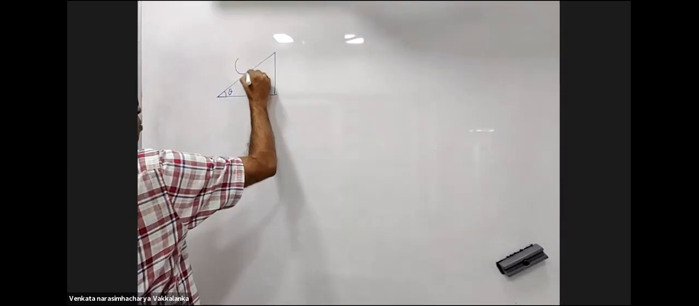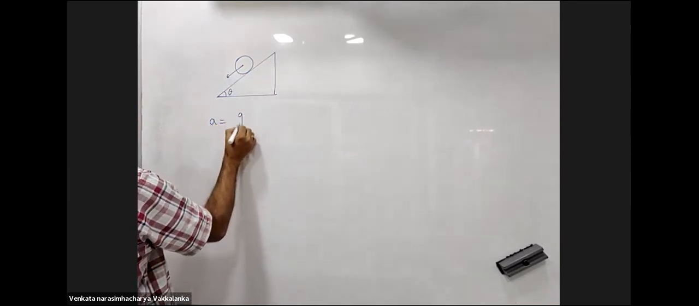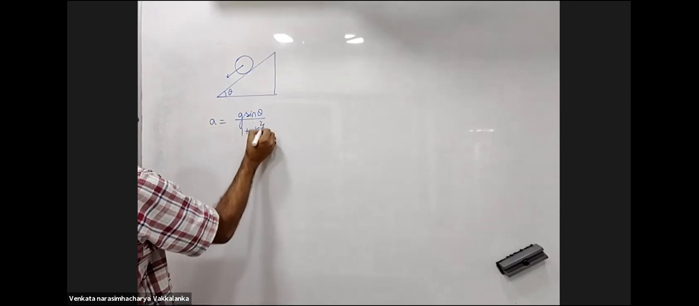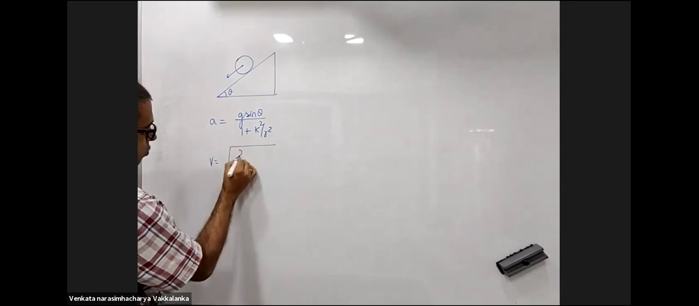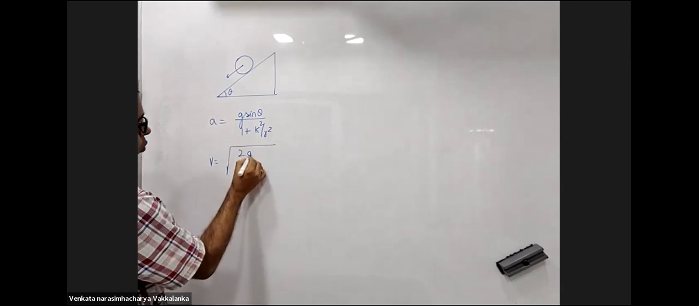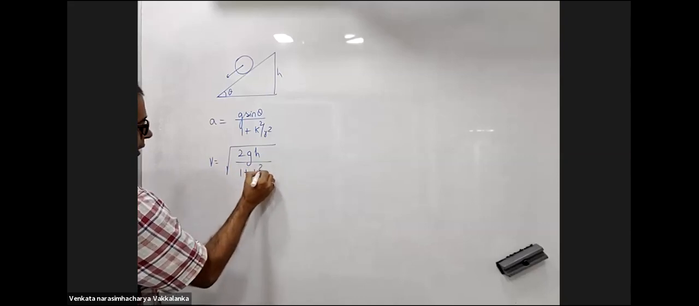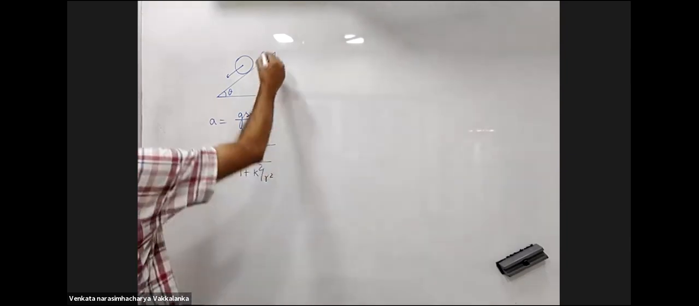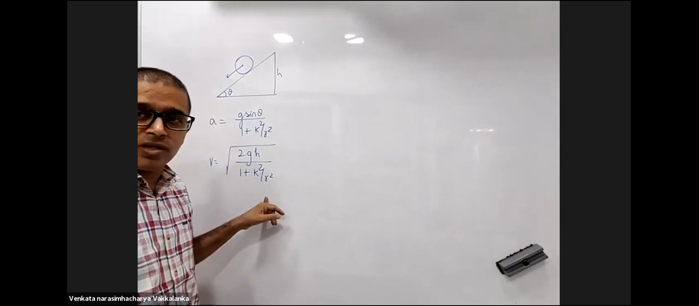Body rolling down an inclined plane. What did you tell me acceleration was? g sin theta upon 1 plus k squared by r squared. Velocity is square root of 2gh upon 1 plus k squared by r squared. So if three bodies are identical, this is independent of mass, you don't have mass in the expression,